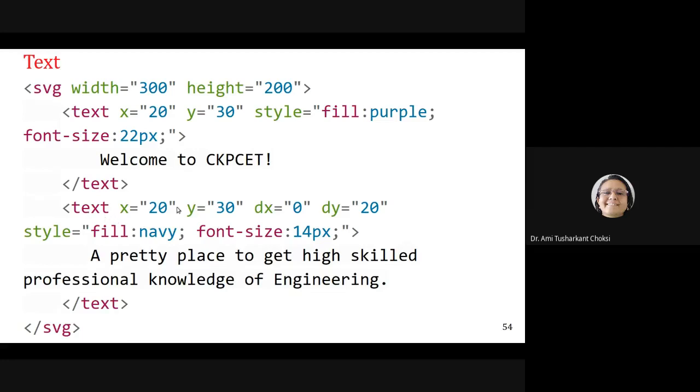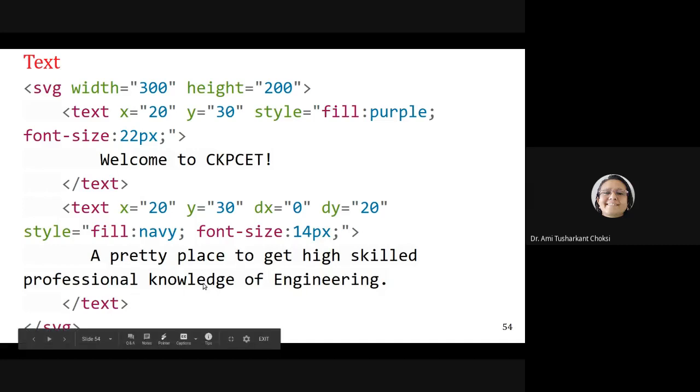Text x is equal to 20, y is equal to 30, dx is equal to 0, dy is equal to 0. Delta, isn't it? So we will have the dx and dy, the delta. Style we are providing as fill navy, and font size as 14px. For the first text it was 22px. Now for this text it is 14px. Now the text we have is: a pretty place to get high skilled professional knowledge of engineering.